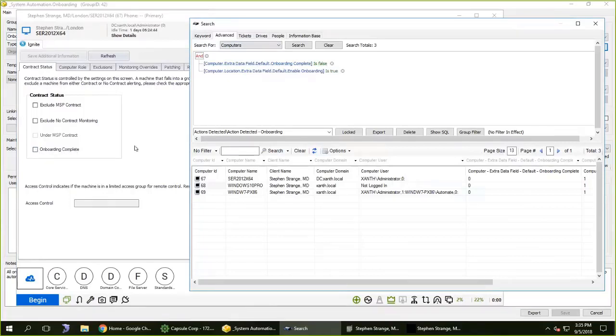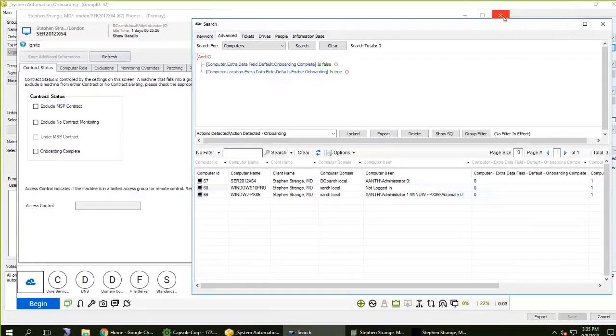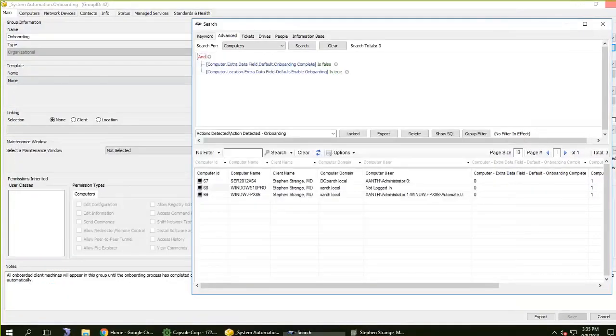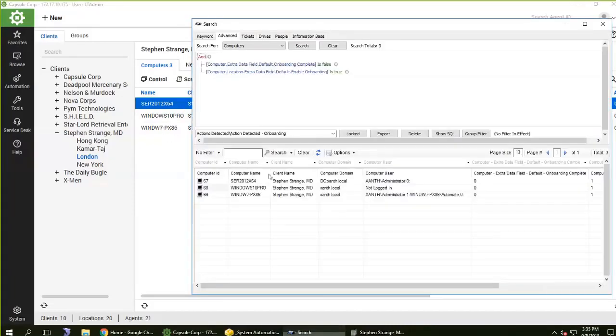So right now, this endpoint meets the criteria for the search, and you can see these search results in the window right here below the search itself. And you can see that it has identified the 3 systems that I have in my location. Let's see what that looks like. There they are. What's going to happen now